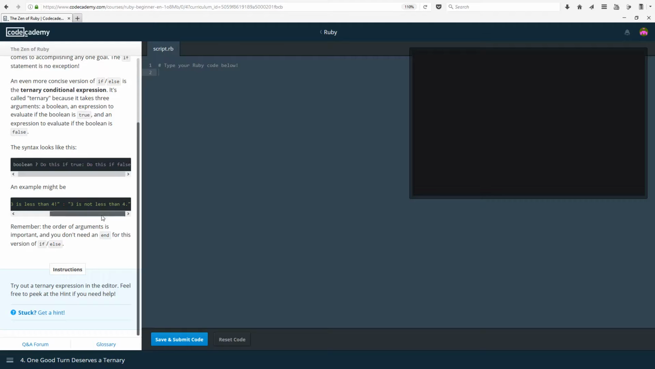If we did actually do this, then what would be printed out is 3 is less than 4, and we would actually see that on the console because of the puts here. So we do puts, this whole thing is basically how it goes. Imagine there were brackets before the 3 and after this quotation mark there. Remember, the order of arguments is important, and you don't need an end for this version of if-else. So it's a ternary conditional expression. It takes 3 arguments, with a question mark there and a colon there. And before that you can even put puts, and it's quite useful actually, thinking about it. Instructions: try out the